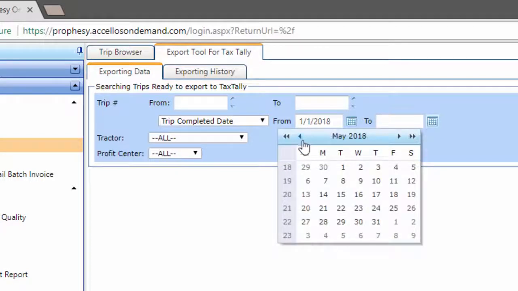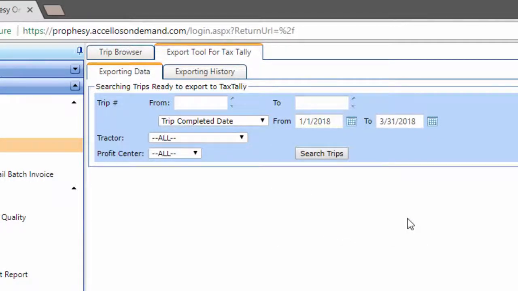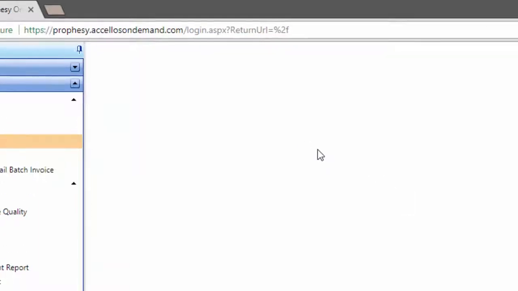It's recommended that you do this on at least a monthly basis, and that at the end of the reporting quarter you make sure that all of the quarter's miles have been sent to TaxTally before you run your IFTA report. After the filter options have been set, click Search Trips, and all of the resulting trips will be displayed